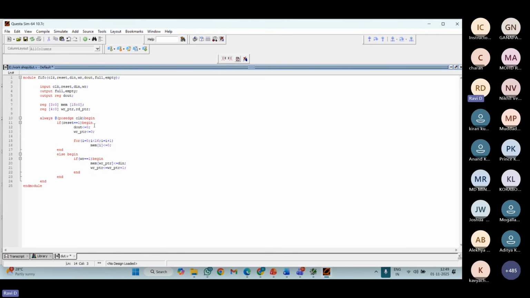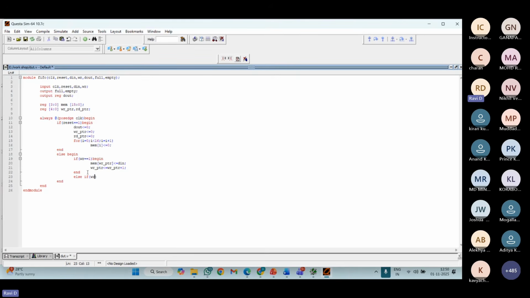The next thing is after writing, you need to read it, right? When your write enable signal equals 1, you are writing the data. If it is 0, you will read the data here.